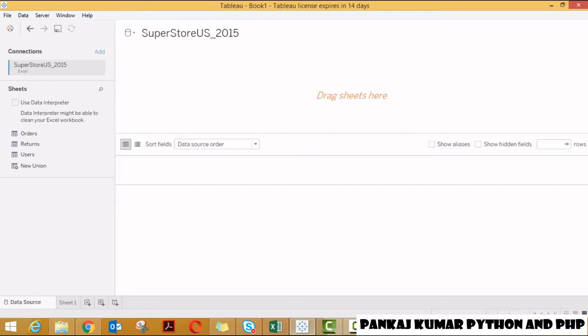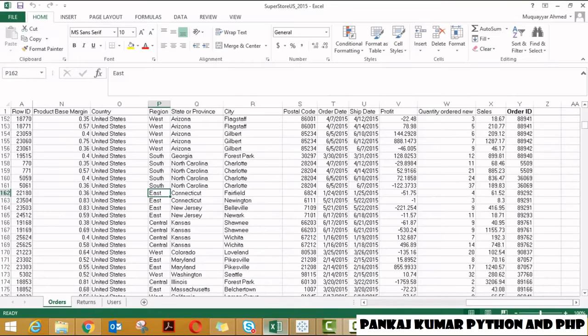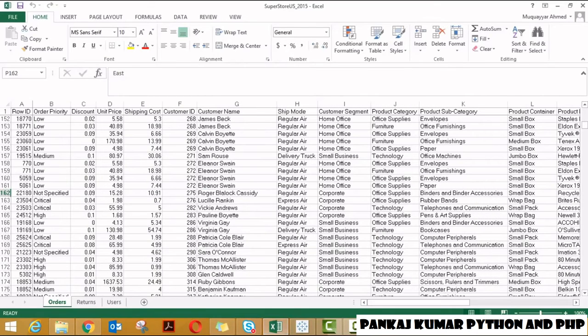So guys, here we have loaded the data and stored it in Superstore US_14. Before dragging the data into our sheet or worksheet, let us explore the data to get a feel for it. This data contains close to 2000 observations and 25 variables.